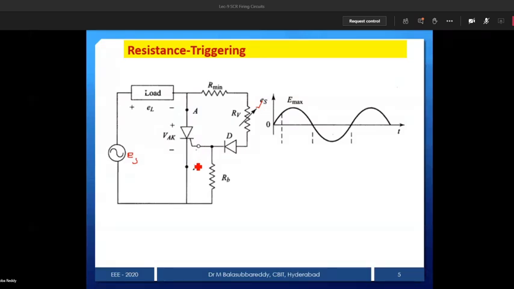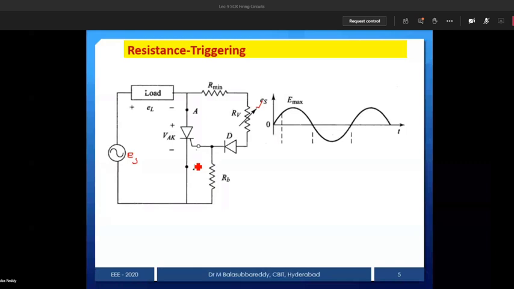Obviously no. The reason is, when the thyristor is forward biased, that alone is not sufficient to trigger the device. We need to pass Ig minimum current. Therefore, the moment supply is given to the thyristor, it is only forward biased, but it will not conduct. At that instant, your output voltage will be 0 because the thyristor is not conducting.